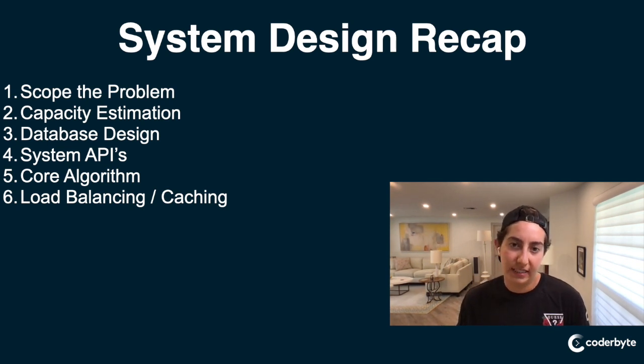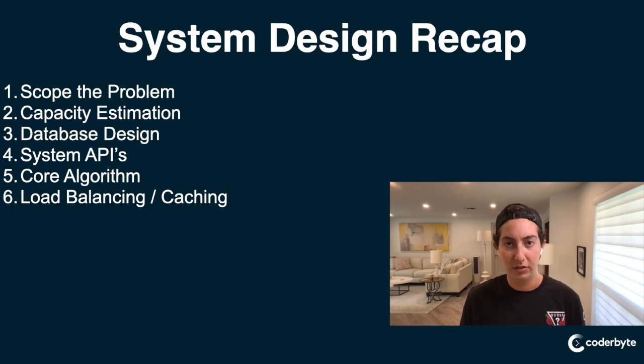And now, finally, we do our load balancing and caching. This is, I always say, probably your last step. This is where you take the design that you've designed, and you add in the load balancing and caching that you can conveniently put in different aspects of the system to make it very scalable and help make your system more available to more people. I always say this is a good last step, because if you have a good core,